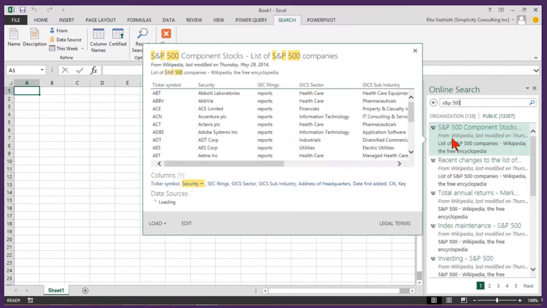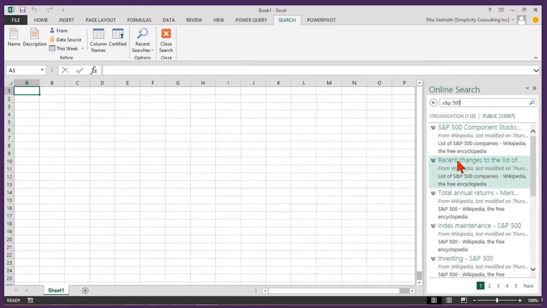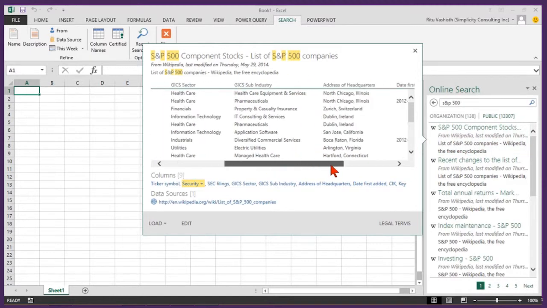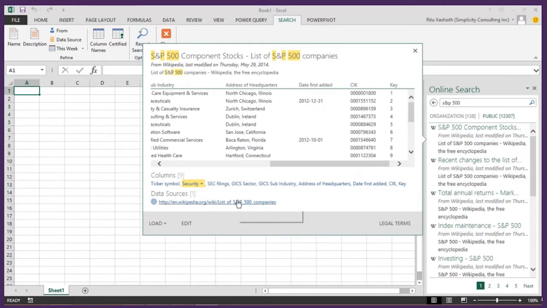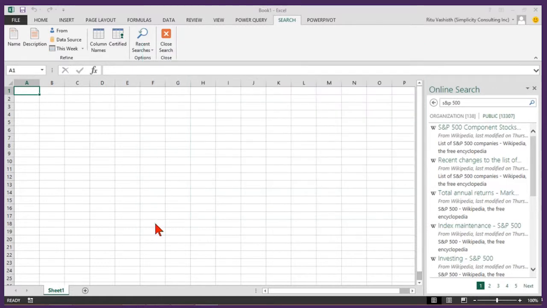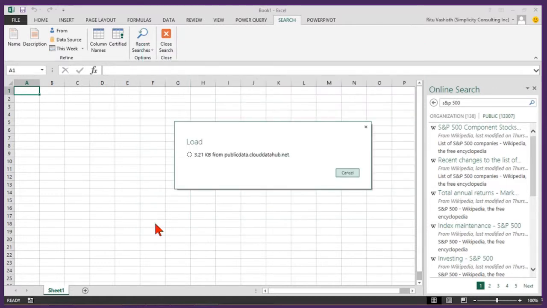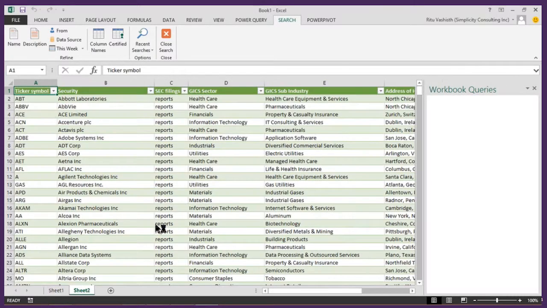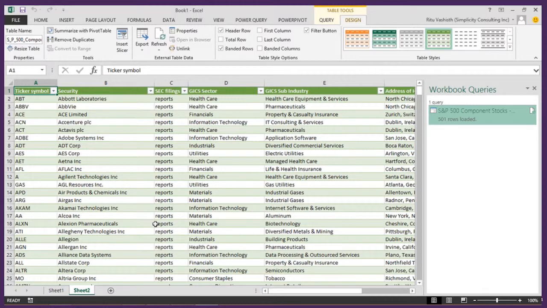As I hover over the search results, I get a preview of what the dataset looks like. I see when it was last updated, the names of the columns, as well as its source. This gives me confidence in the pedigree and lineage of the data. Next, I simply click Load to bring the data in. The import process is fairly quick, and I now have over 500 rows of S&P data pulled right into my